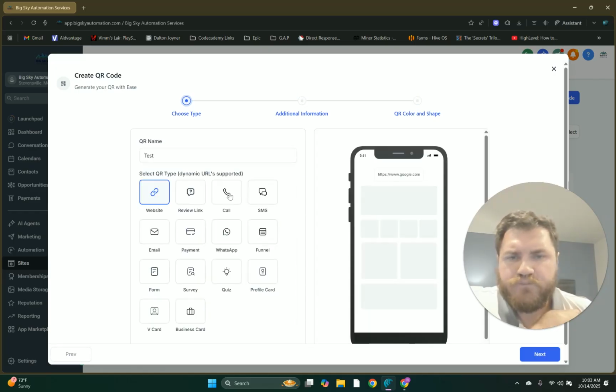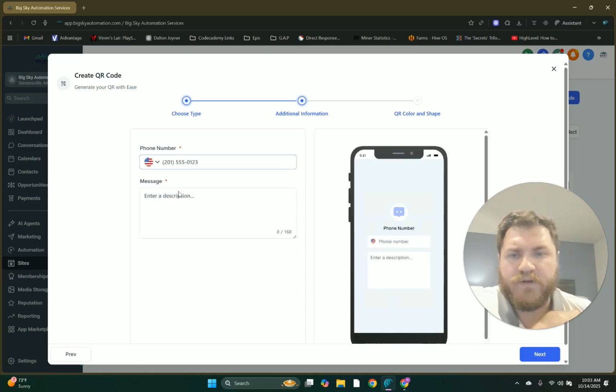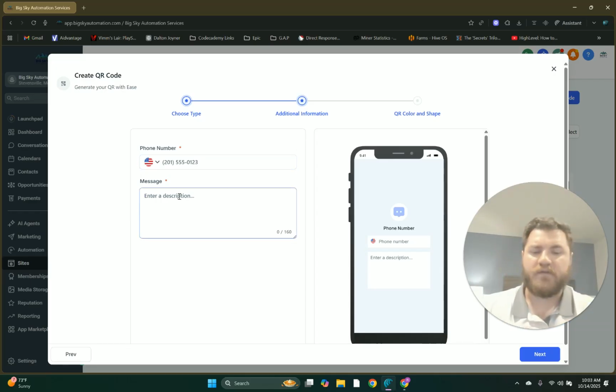And then let's talk about the SMS. So once you put in here, you can actually have a pre-typed message that says, like, say you're at an event and you're doing a giveaway, you tell them, hey, go ahead and text this phone number, 123 4 5 6 7 8 9 0. Okay, and then you say